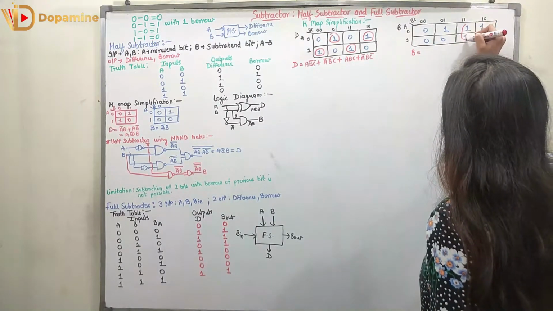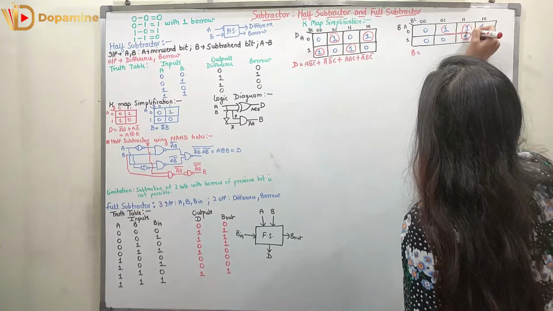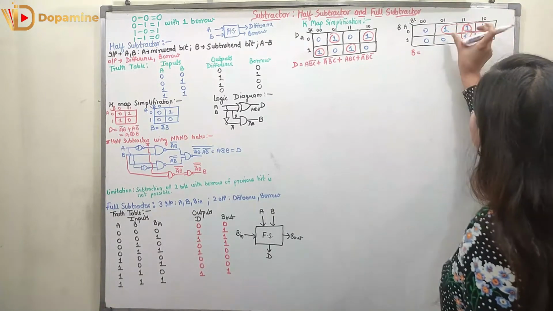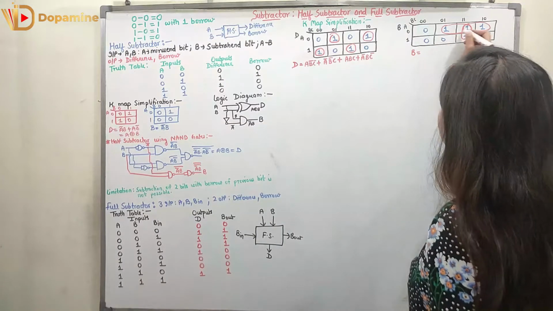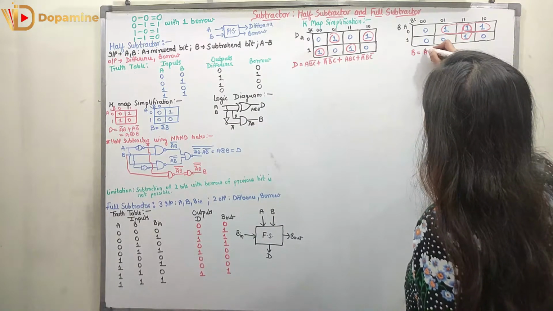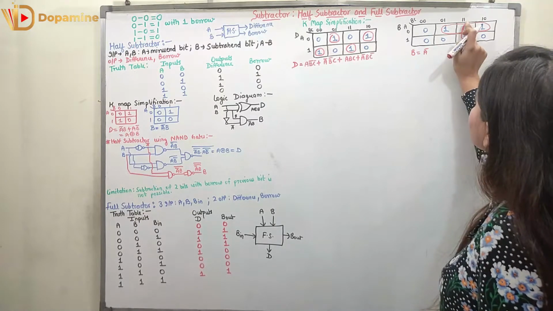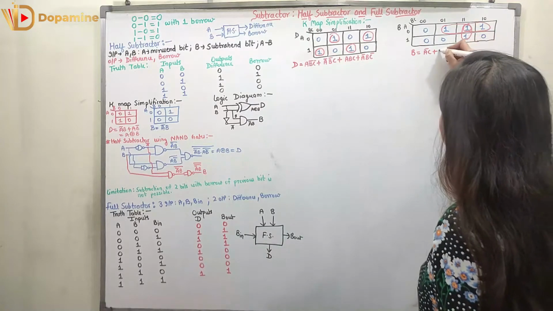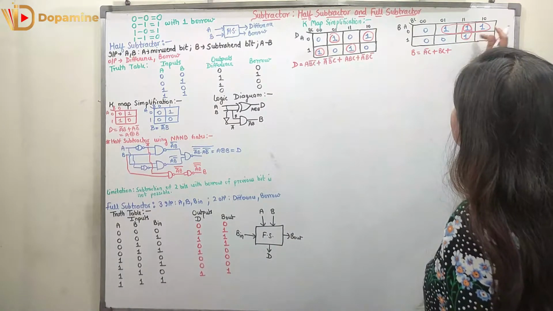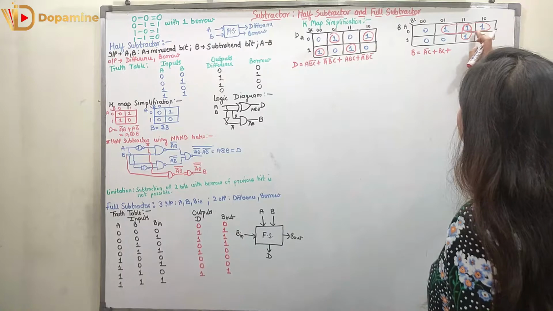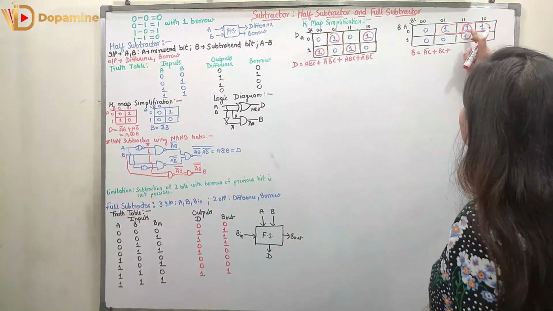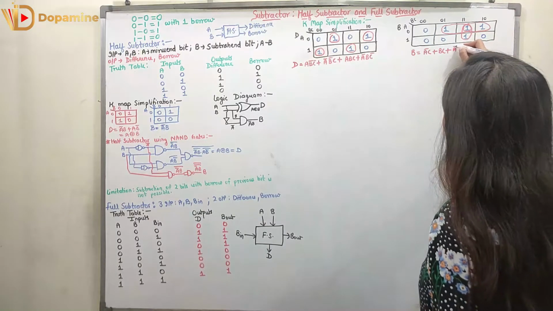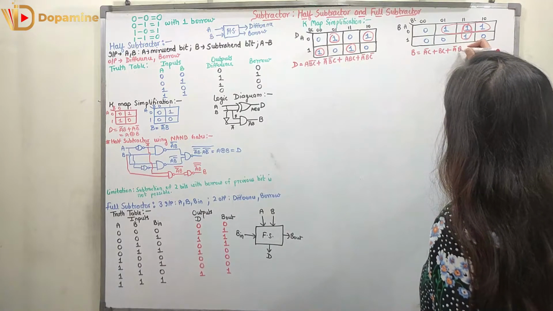Similarly here I will get borrow. For borrow I am going to make pairs, right? So you can see here 3 pairings are possible. Now these 2 pairs can be represented as A is 0 for both of them, so A bar. Now if I see B, B is changing as 0 1, C is same, so A bar C. Now here you can see it is BC, right? So now here we will be having 1 and 1, so that can be represented as A bar and here we will be having B, right?